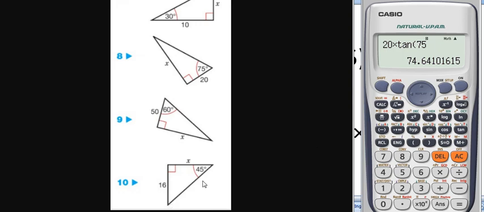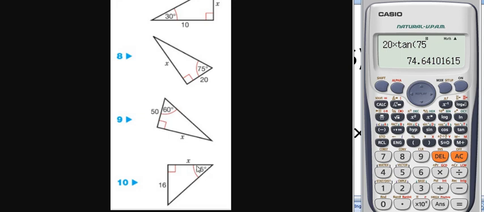Okay, number 10. One tip for you is that when you have 45 degrees, you're going to have both sides equal. You don't have to calculate, you don't have to spend too much time. You see here 45. I'm not talking about the hypotenuse, I'm talking about the opposite and adjacent sides. This is going to happen because the tangent of 45 is equal to 1. Let's see this happening with the numbers,